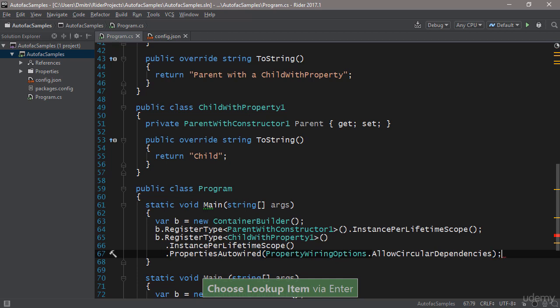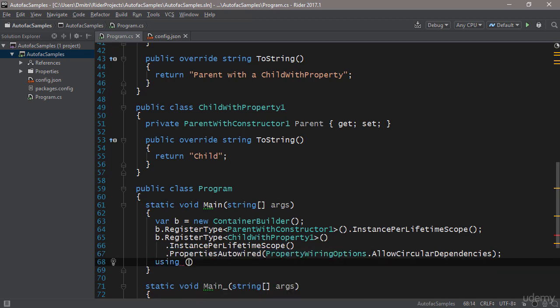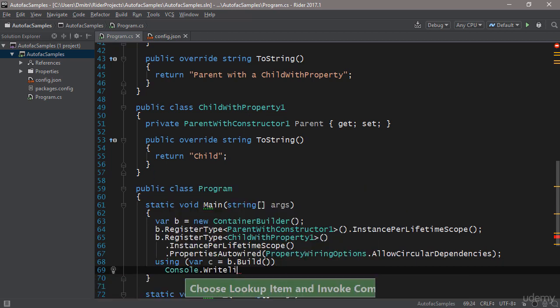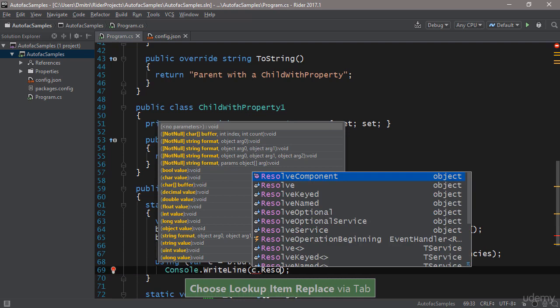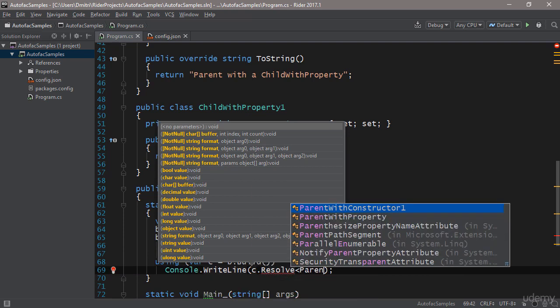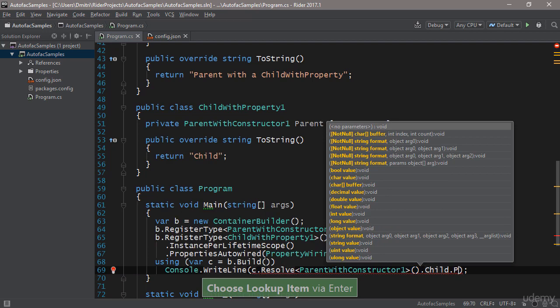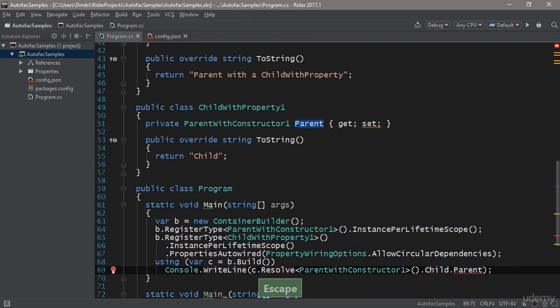So that's that. And now we can, once again, using var c equals b.Build, like so, and then we say Console.WriteLine, and here we can resolve something more complicated, like we'll resolve ParentWithConstructor1, and then we'll get its child, and we'll get the child's parent. So we'll come back to the parent, but we'll go through all of the relevant references. So if we execute this,